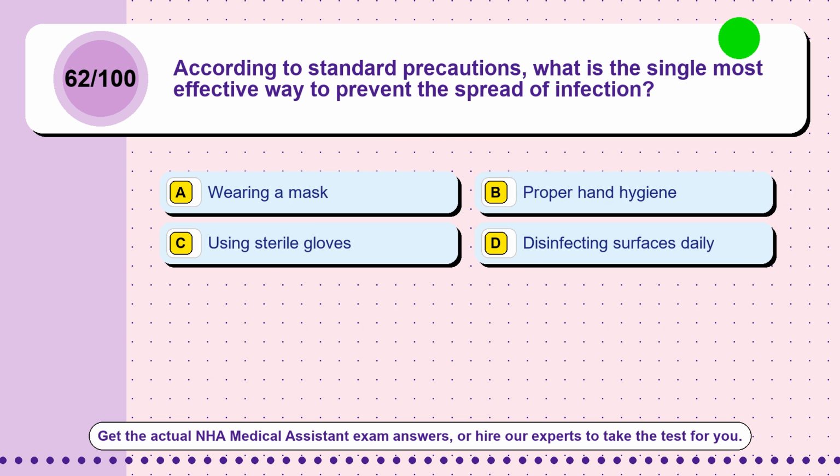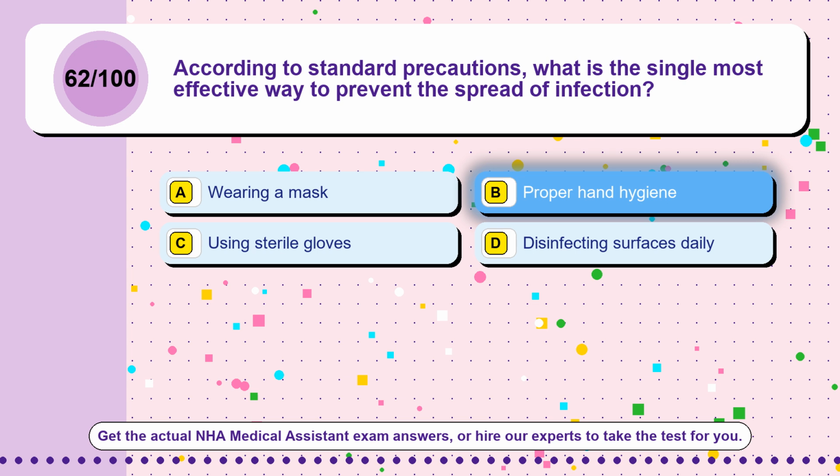Question 62. What should a phlebotomist do if they note a discrepancy between the patient's verbal name and the name on the pre-printed lab requisition? Option A, change the requisition manually using a pen to match the verbal statement. Option B, contact the supervisor or ordering nurse to resolve the issue before drawing blood. Option C, draw the blood and sort out the labeling discrepancy later in the lab. Option D, assume the patient knows their own name and print a new label on the spot. The correct answer is option B,